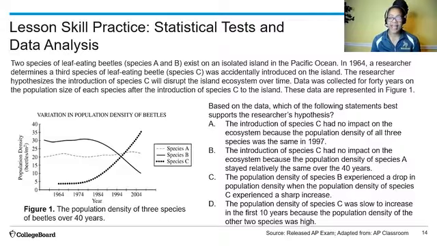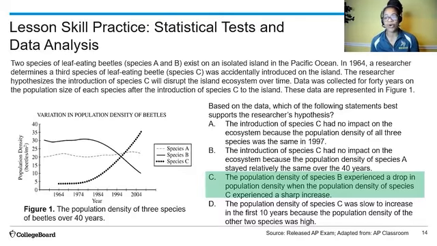All right, welcome back. What answer should you have chosen? Your answer should have been C. This scientist has hypothesized that the introduction of this species is going to disrupt the island over time. As we look at this graph, how does it either support that hypothesis or refute it? We take a look at the introduction of C, which is indicated by a dotted line. You notice that eventually the population of species C begins to increase. And look at the point at which it increases.